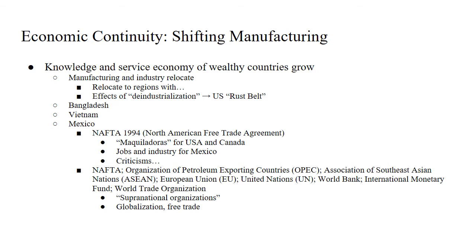Now moving to an economic continuity, something that has stayed the same over the last century or two is the shift of manufacturing from areas where it is being traditionally done to areas that can do it cheaper. All right. As the knowledge and service economies of wealthy countries continued to grow in the United States and other places, the manufacturing and industry parts of the economy gradually declined. And this is something that we know as